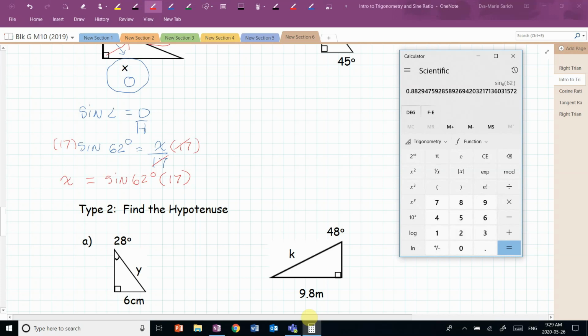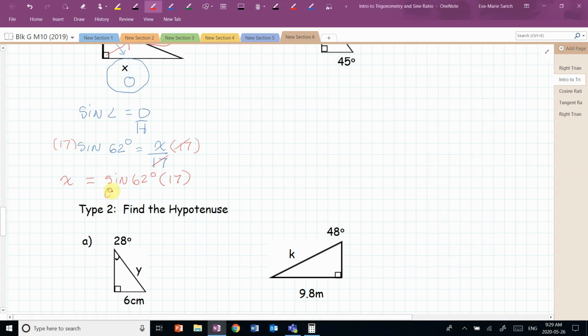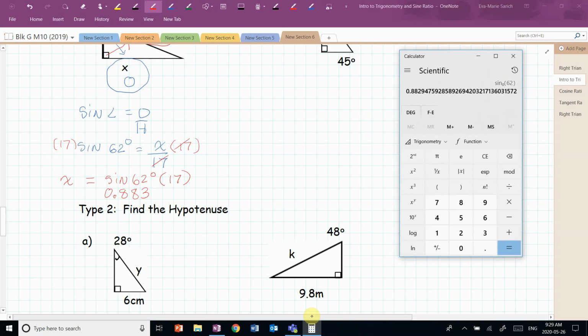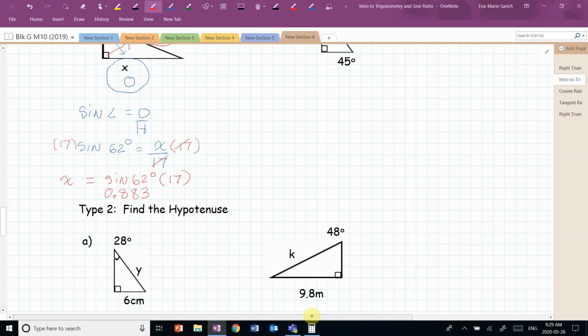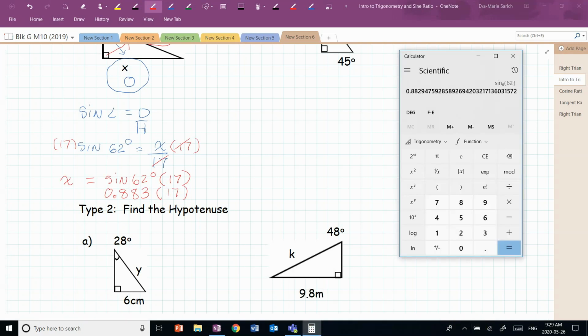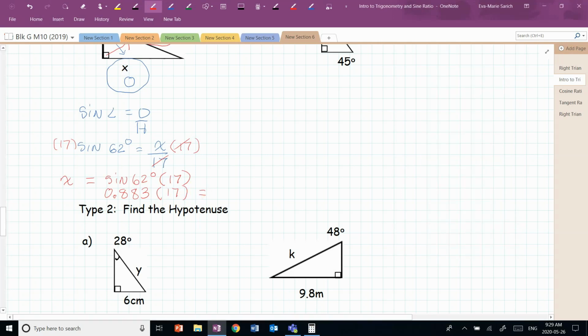Remember, we're going to 3 decimal places. 0.8829, the 2 is going to round up to a 3, so 0.883. Then I'm going to times that by 17. Take your calculator again and times that number by 17, and what we end up with is